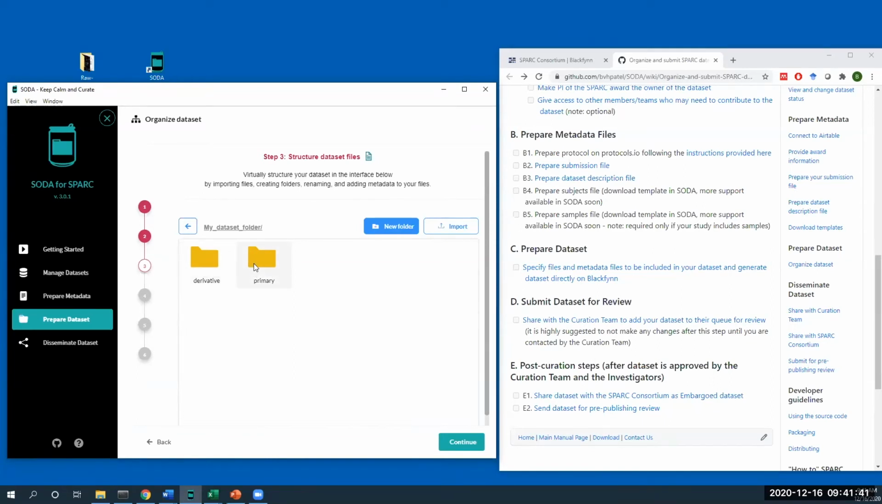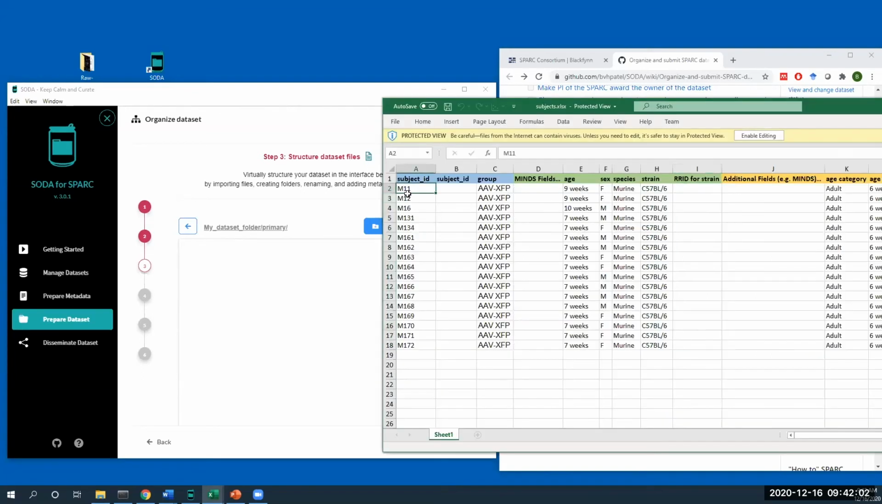And that's where you can go in and add your files and so on, rename them, as I'm going to show you, create other folders, and all will be done virtually. Nothing will be done or modified on your computer. So the first thing to do, as Anna already mentioned earlier, is in the primary folder, we should have one